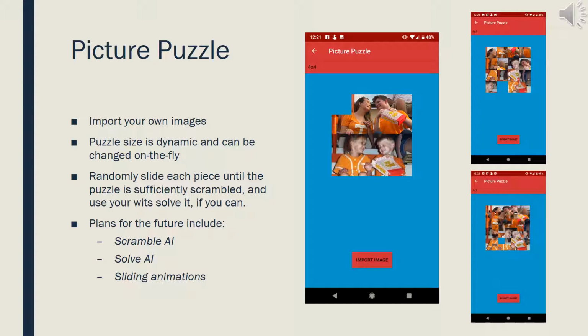Josh and Julian created. My puzzle allows you to import your own images so that you can create your own custom puzzles. The puzzle size is dynamic and can be changed on the fly, and you have to import an image again to get it to change. To do the puzzle, randomly slide each piece until the puzzle is sufficiently scrambled, and use your wits to solve